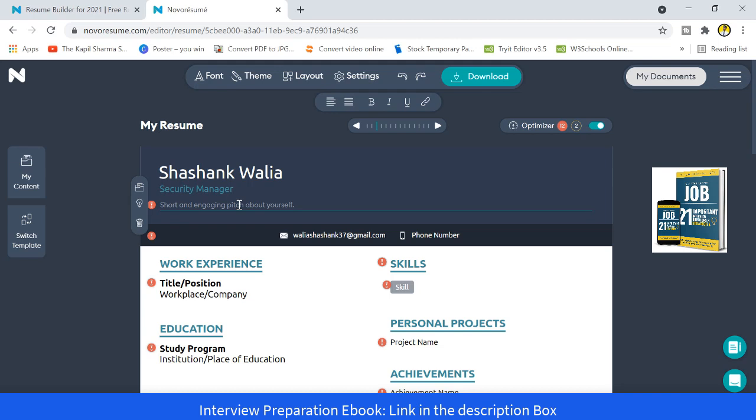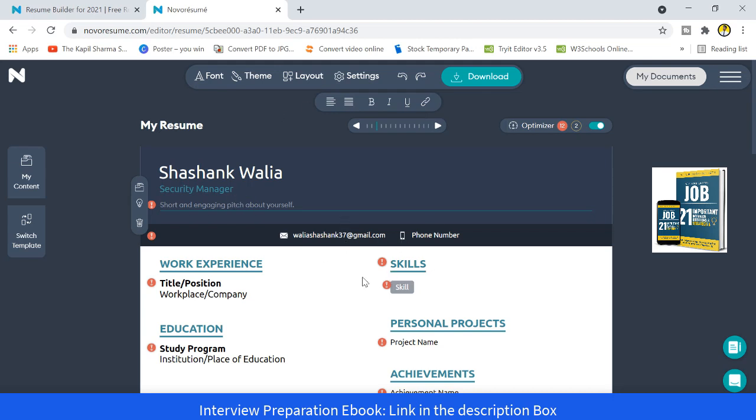And if you are a fresher, you can simply write an objective, what you are trying to achieve in your first job by using the skills and knowledge which you have from your college or degree or from the certifications which you have done, right? So for professionals, there should be a profile summary, and for freshers, there should be a profile objective, or the resume objective, right? So you can write it here, okay?